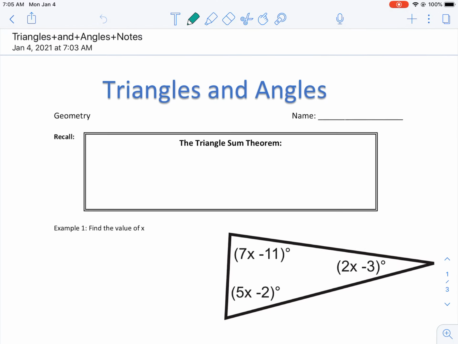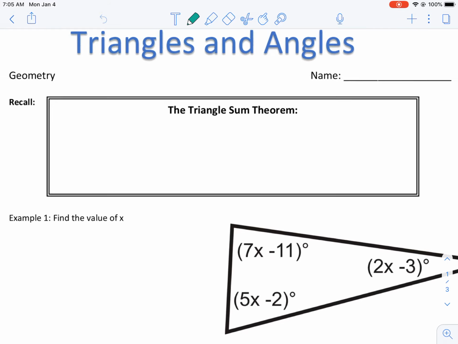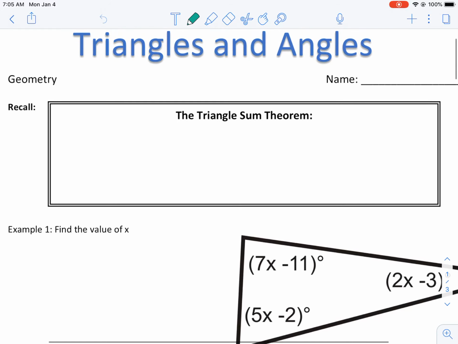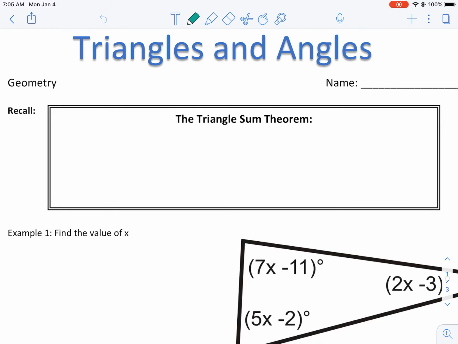This is going to be the lesson for the first part of Unit 5. Unit 5 is still about triangles, so we're going to be going over some triangle stuff today. Some of this is just review stuff. Some of this maybe you had forgotten, some of it maybe you hadn't learned before. The first one we're going to talk about is something that we definitely have used in this class many times,